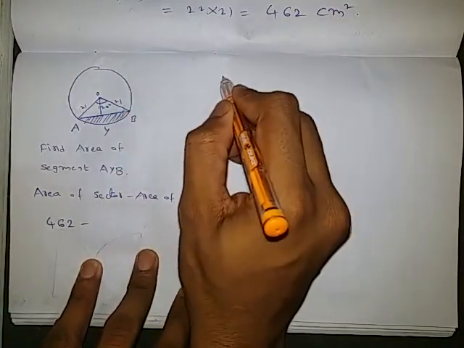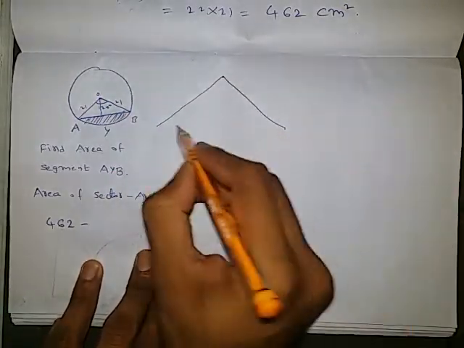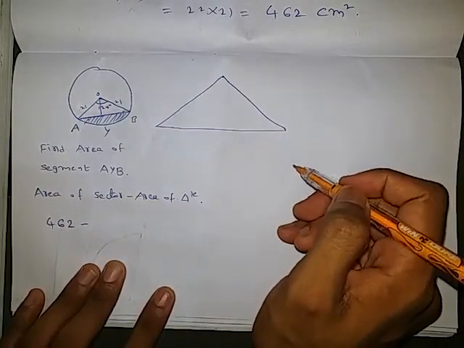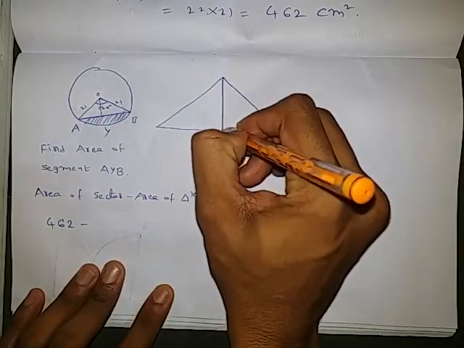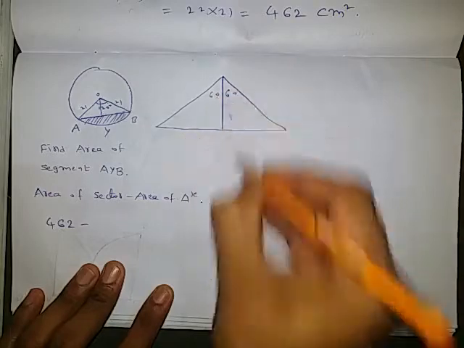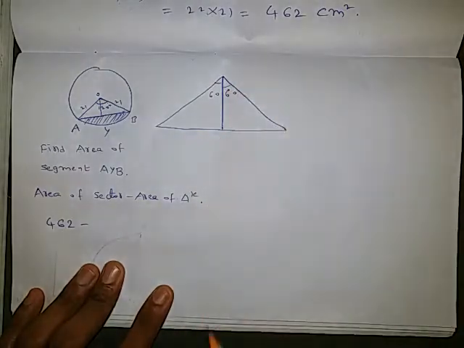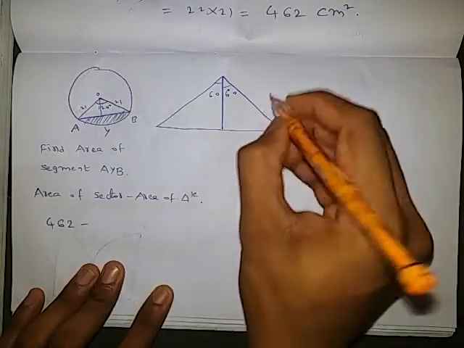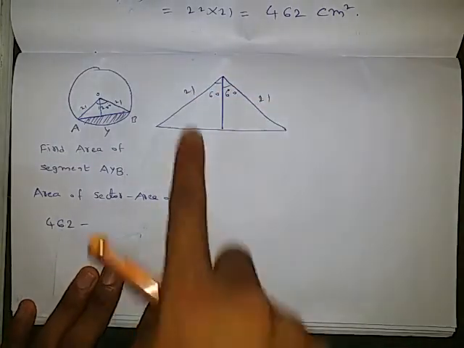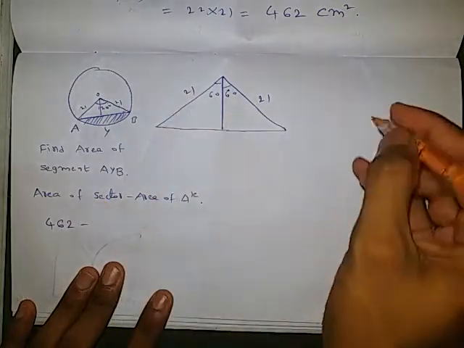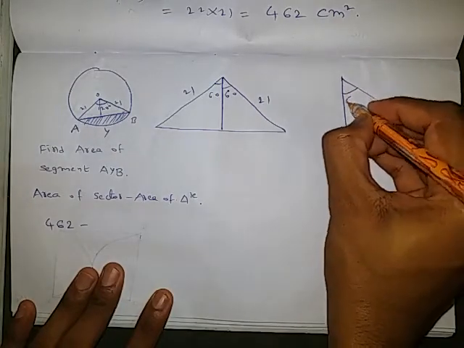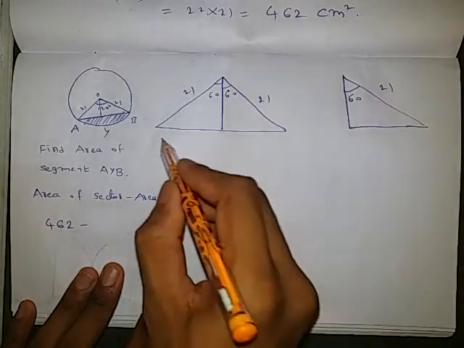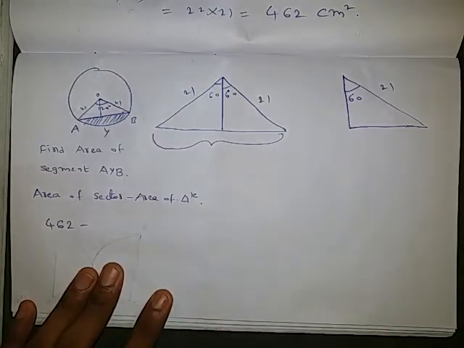Now we have the triangle, right? That only triangular part I am drawing a little bigger. Clearly he mentioned that this total angle is 120 degrees. So I am making it exactly half. One side 60 degrees, one side 60 degrees. Now he mentioned this radius, nothing but this side. So this is 21, this is 21. Now out of these two triangles, take any one triangle. So I am taking the right side triangle. I am drawing it again clearly. So this is 60 degrees, this is 21. Now this is the total base of the triangle and this line is the height of the triangle.